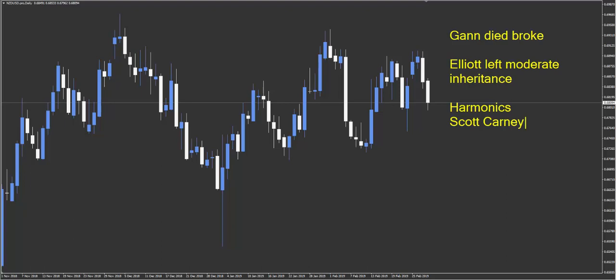So harmonics is definitely one way to look at it, but it is price structure he's looking at rather than just Elliott waves. He's giving specific levels where he expects price to turn, and all he's using is Fibonacci ratios. Now, if we just left it at that, I would say that's fine. But if you go through Scott's books, he mentions something called a PRZ, a price reversal zone. That basically means he's then looking at price action. Price action for him is an important factor. It's not just about trading off the level itself.